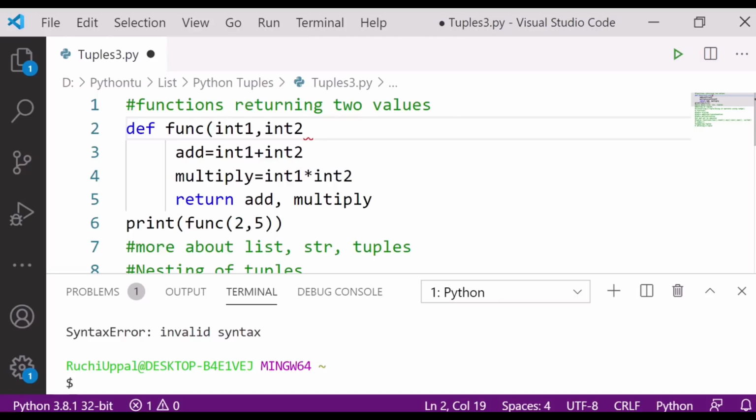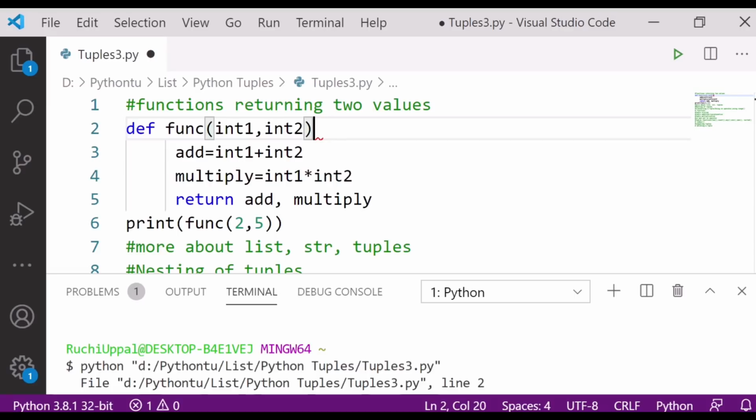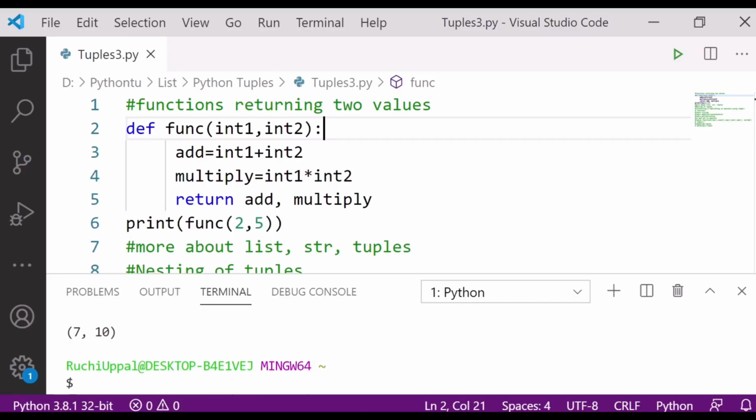Now it is saying invalid syntax. Why is it invalid? Oh, so sorry, I forgot to put the colon. Control S and let's check it. These small things we have to be very careful about, so that we don't face problems.